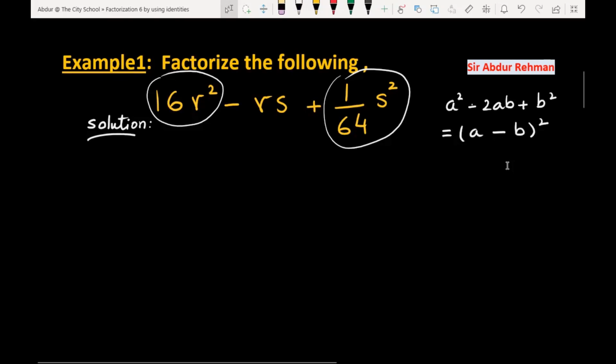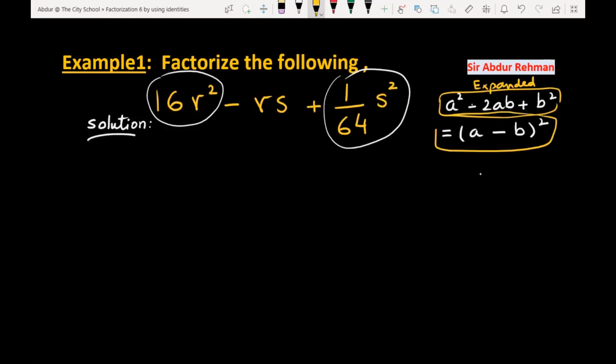In this identity, you should know that a square minus 2ab plus b square is the expanded form, and a minus b whole square is the factorized form. So in this type of expression,